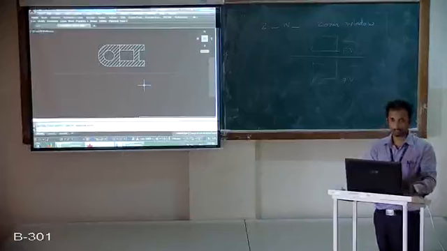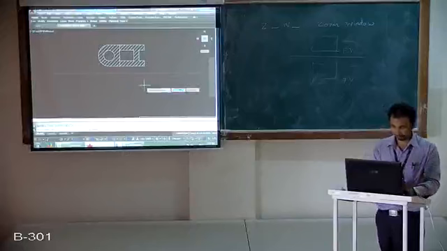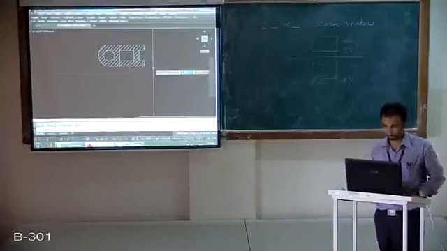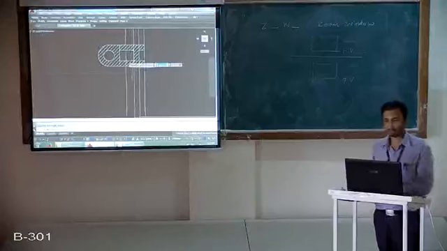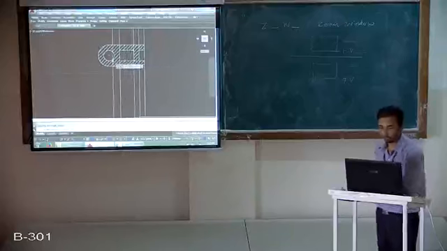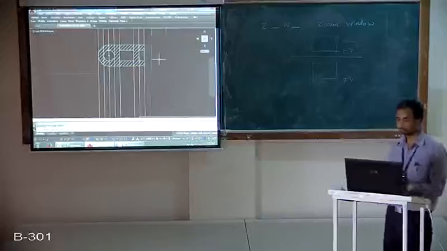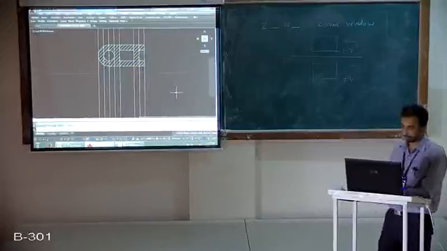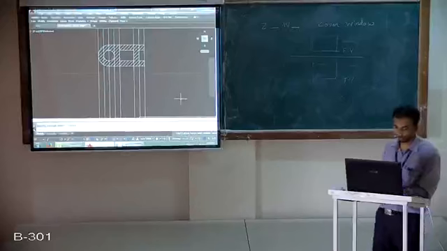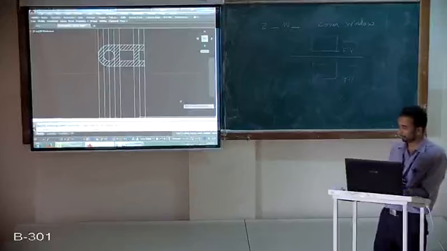Now in top view also, first step is to take the step of uniform distance, that is O space, which is offset command, distance of 20 mm from this line to here. Then if you see the problem, the width of the object is 60 mm. So we have to again use offset command from modify toolbar. Specify the offset distance 60 space. Click on this line, click in the downward direction.